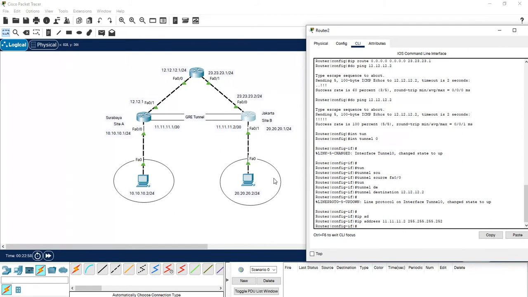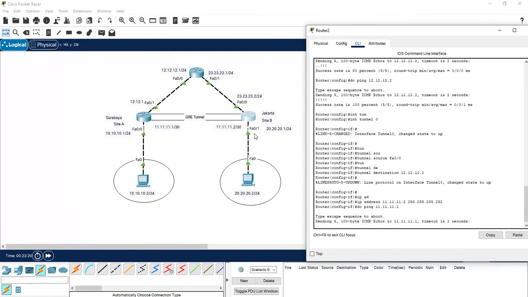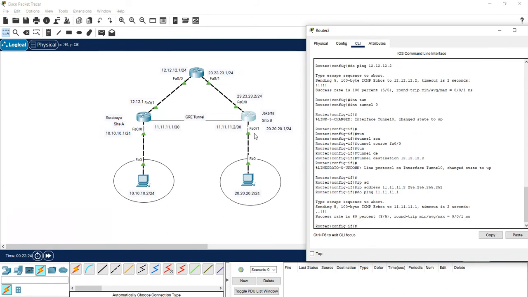Now we make sure site B is able to communicate with site A through the tunnel. Ping 11.11.11.1. Waiting for a minute.